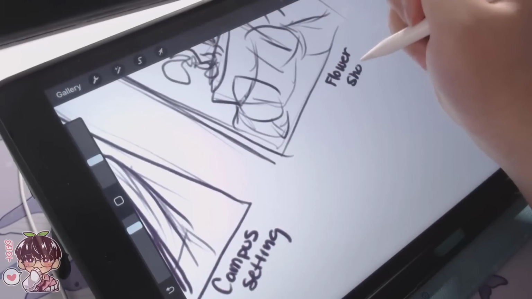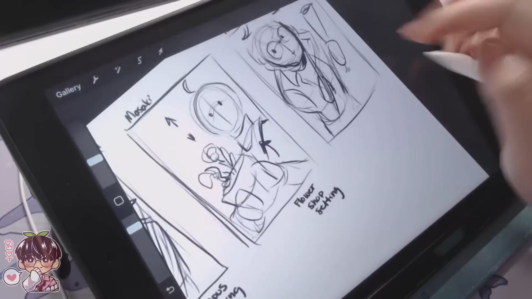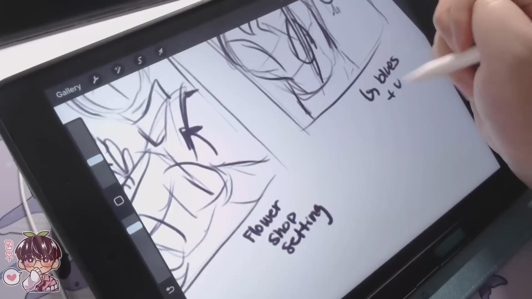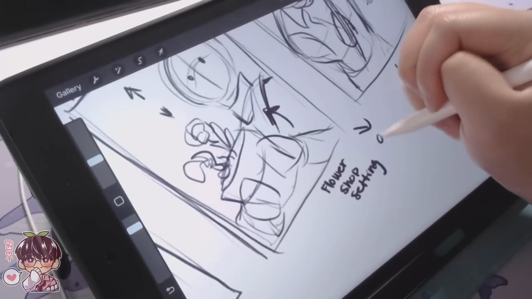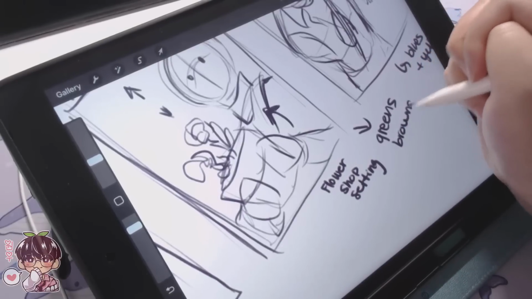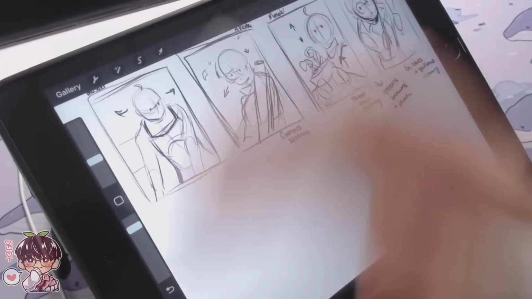But for today, we are going to be focusing on the third one, which is Masaki holding a potted plant. And I'm writing down some notes here alongside my thumbnails. The flower shop setting that I had for Masaki, I'm actually going to forego that. I'm going to just do a simple background because I want to play around with the window silhouette alongside leaves. So that is what we have for the thumbnails.